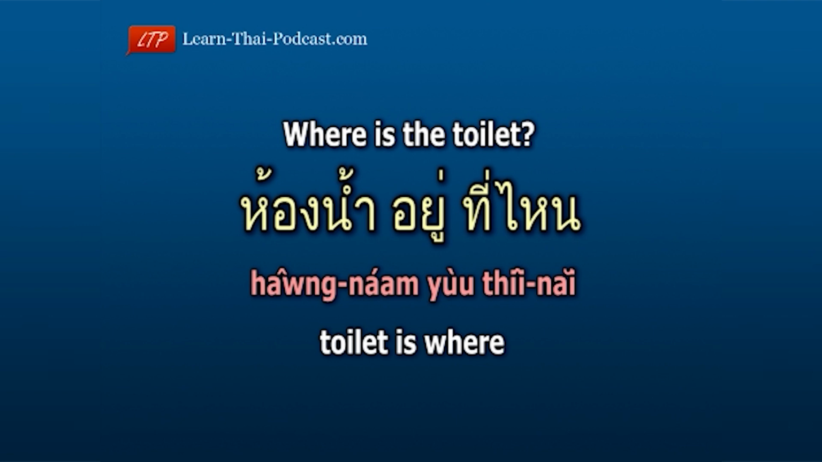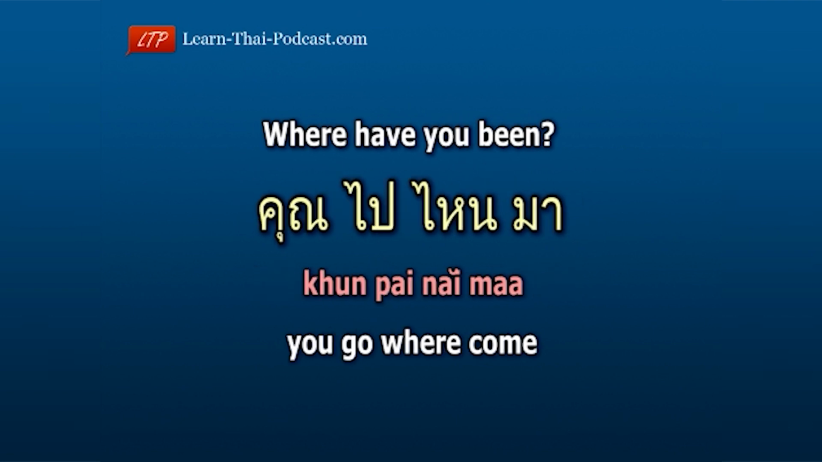And another example. Where have you been? คุณไปไหนมา You คุณ, go ไป, where? ไหน, come มา. You go where come. คุณไปไหนมา